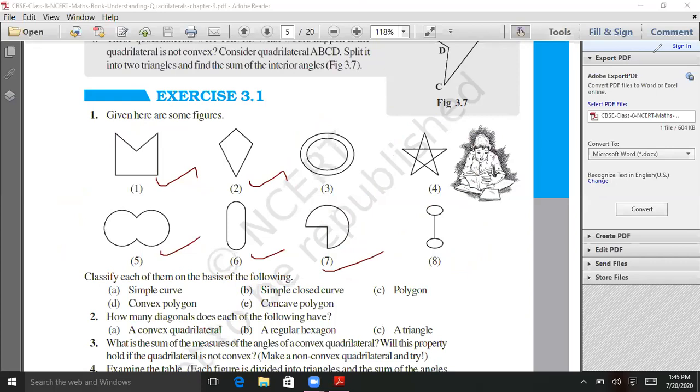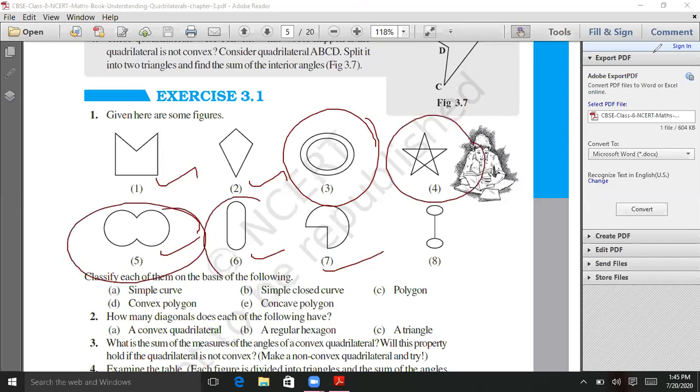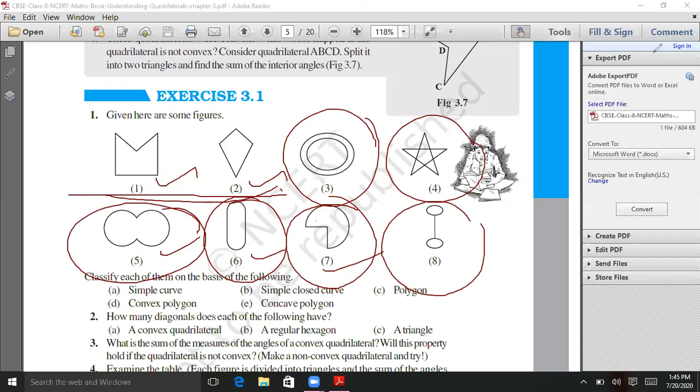What are the polygons here? Whether convex or concave. First one is polygon. It's made up of line segments. A closed figure. Yes. Second, yes. Third, no. There is a curve. It's a circle. It's no. Fourth, no. Fifth, it's not a polygon. Sixth is also not a polygon. There are turns. There are curves given. Seventh, no. And eighth also no. So only 1 and 2 are the polygons here.